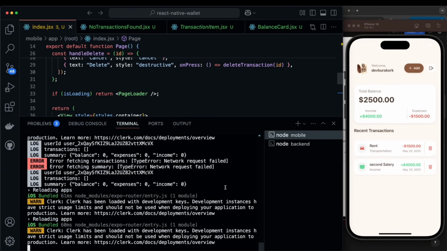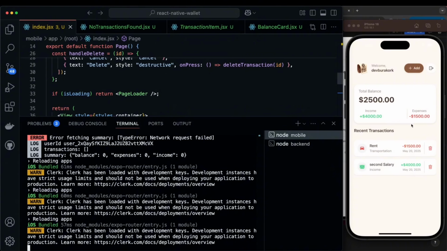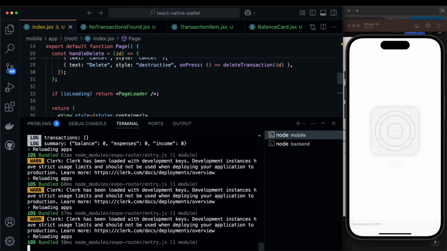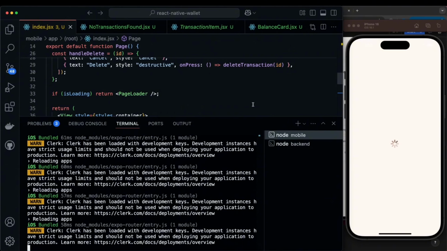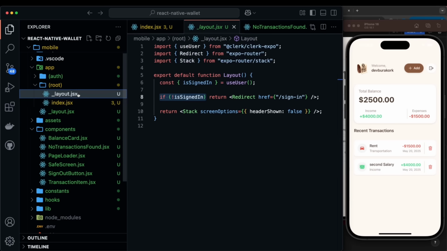Now, when you reload the app, even though we are logged in, it first shows us the sign in page for a split second. So I'll refresh. First we see the welcome back page, and then we are navigated to here. So to be able to fix that, I will go under the root layout and I'll say,